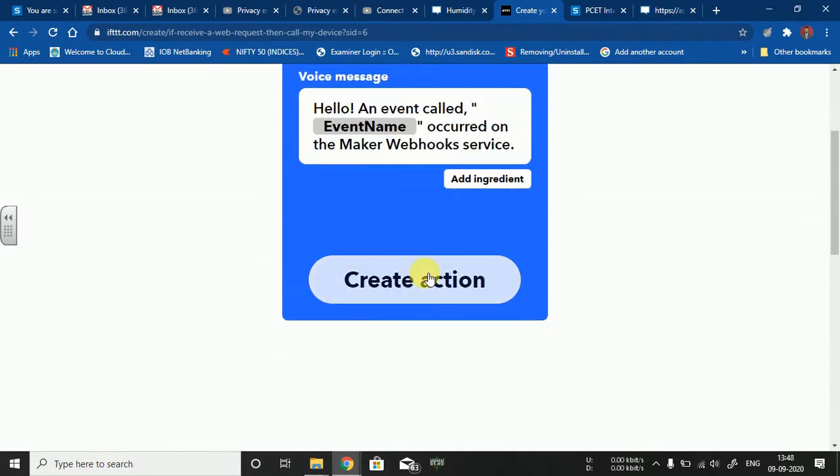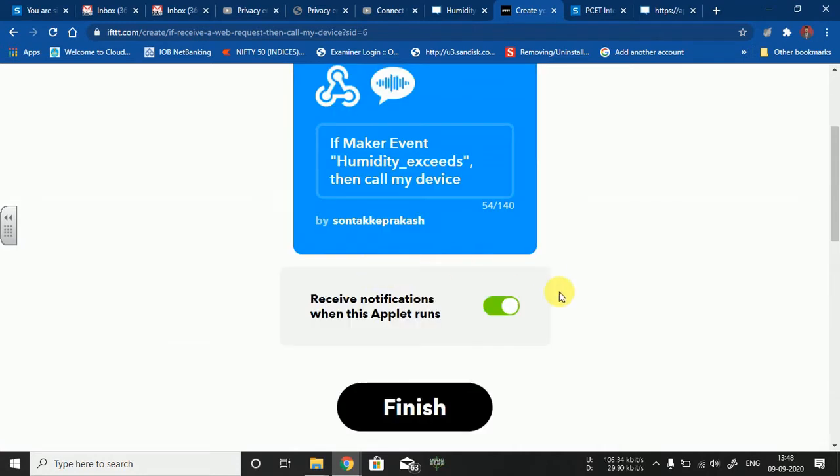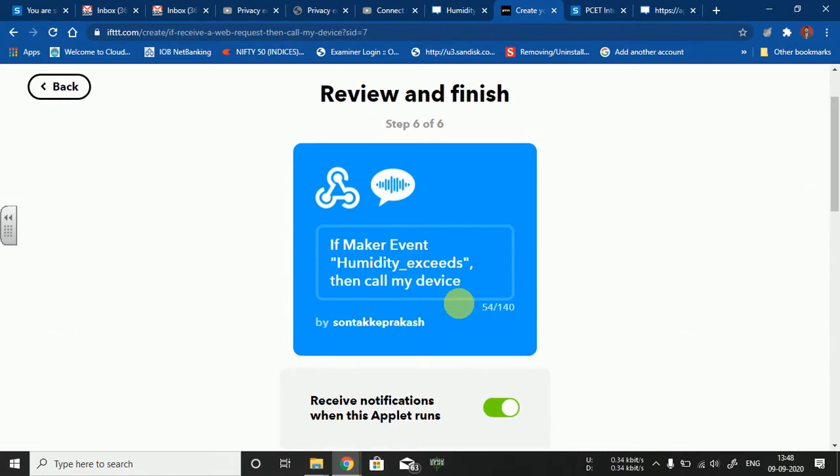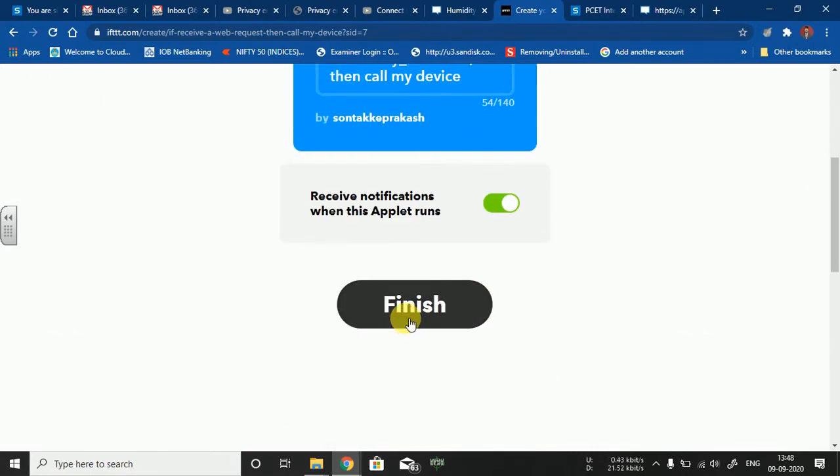Now click on Create action. No need to write the event name manually; it will be taken automatically. Now see, you get this message: if Maker event humidity exceeds, then call my device. If the event occurs, then you will automatically get a call on your mobile phone. Click on Finish.